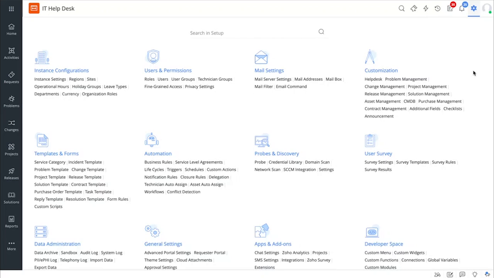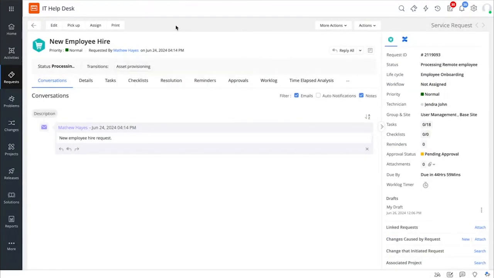So as a technician, you might be faced with a large volume of tickets for which you'll have to respond to your end users as quickly as possible, right? So in such cases, technicians can now leverage the ChatGPT integration to generate reply content or to polish their reply content for better readability and grammar. So let me go into a ticket and show you how that works. So as a technician, under the conversations tab, you can get access to the reply editor. And once you click on reply,